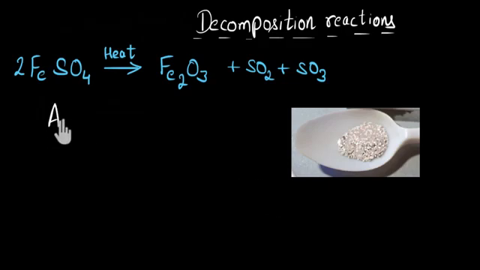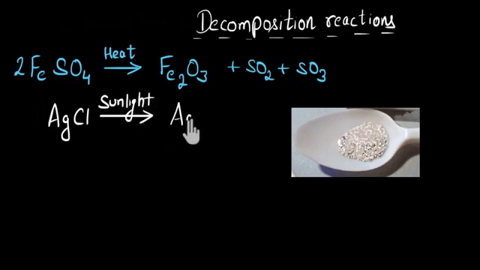So silver chloride is AgCl. And if I leave it under the sun, it is using the energy from sunlight, and it is decomposing into silver and chlorine gas, Cl2. So since Cl is 2, here I'll have to put 2. And since 2 Ag, here 2 Ag. Now the reaction is balanced. So this is also a decomposition reaction. Here one big molecule is breaking down into 2 smaller molecules. And here it is utilizing the energy from the sunlight.